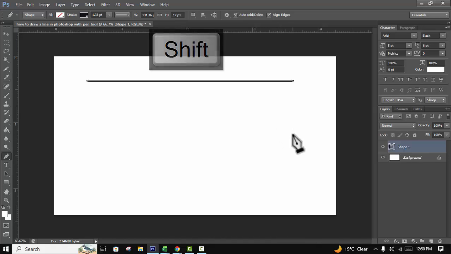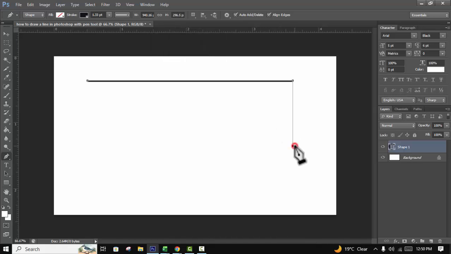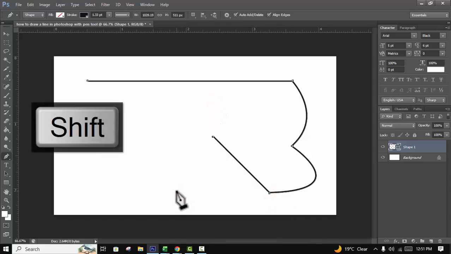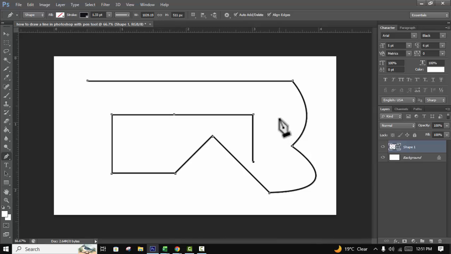Then a straight line, and to make a curve line, hold Shift, then drag on your mouse, curve line. Hold Alt to remove again. Curve line, hold Alt key, hold Shift, straight line, hold Shift, straight line, curve line. Hold Alt and curve line, click anywhere, then draw on your mouse